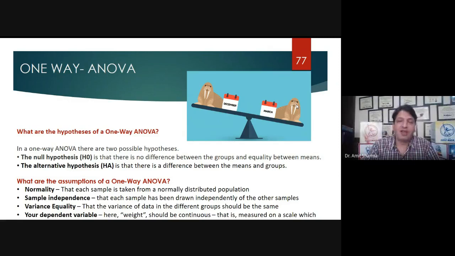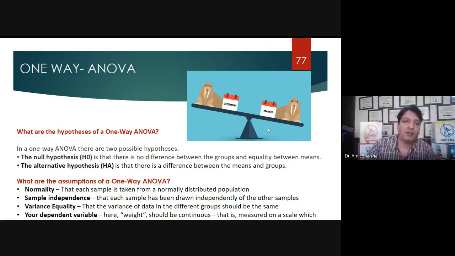One more assumption we have is that if you are taking a numerical variable for the ANOVA, it should be of scale type, not ordinal type. Ordinal type you cannot use for ANOVA. It means whatever numbers you are going to enter in the SPSS sheet, for example the blood glucose level, should be some kind of measurement, either in centimeters for height, or in mmHg for blood pressure, or millimoles, like that. So we are going to compare the means by this test.